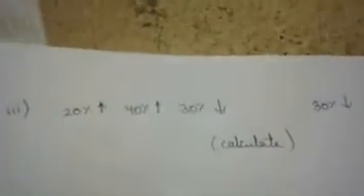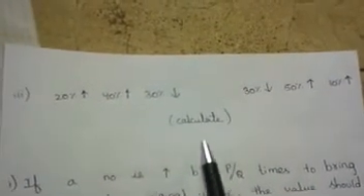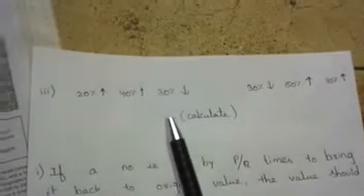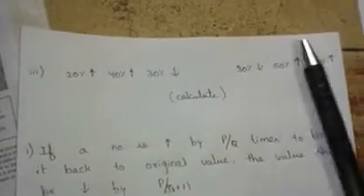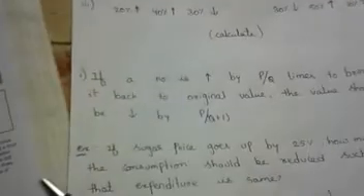Now let us have a look at another example. Look, in this column 20% is increasing, 40% is increasing and 30% is decreasing. Here we totally have a different set of numbers, so you have to calculate it. In most cases you will be given the same numbers on both sides, and the same amount of increase or decrease will be there. So make sure that you observe it.